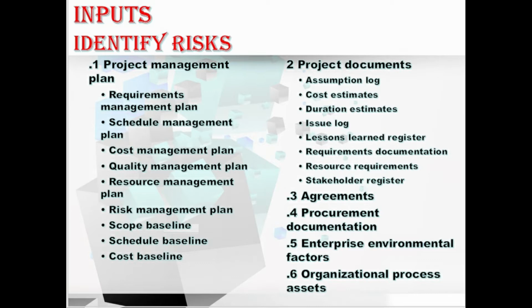The requirements management plan identifies the areas that are subject to uncertainty or ambiguity. The schedule management plan and the cost management plan also identify the same, that is, the areas that are subject to uncertainty and ambiguity. Coming to the quality management plan and the resource management plan, they identify the areas that are subject to uncertainty or ambiguity, and also where key assumptions have been made that might give rise to risk. Hope you understood this.